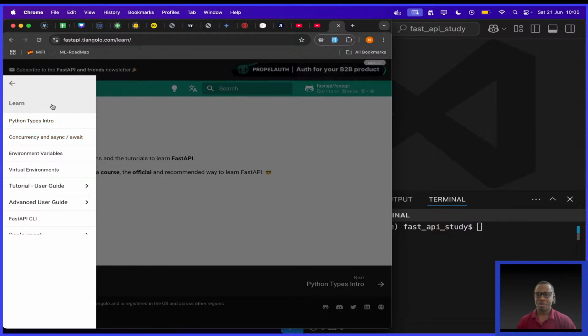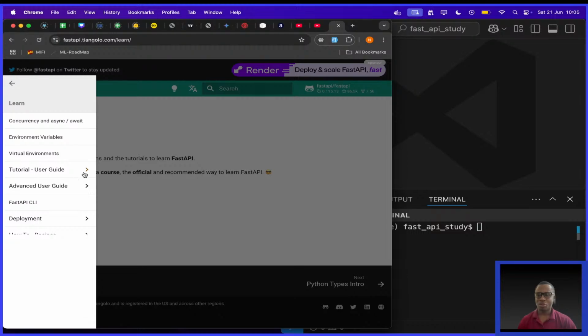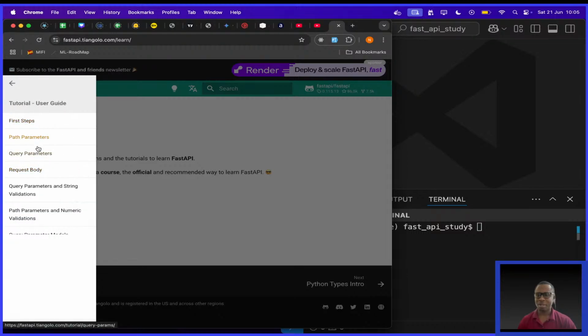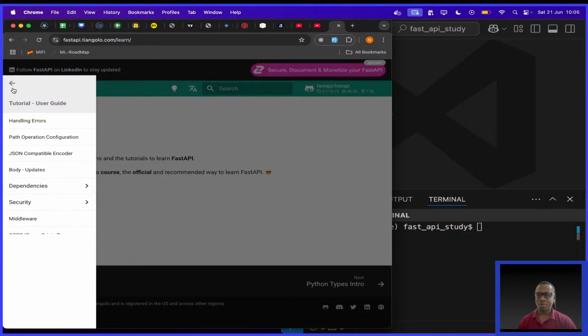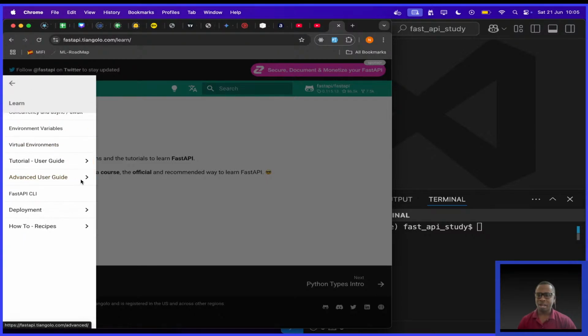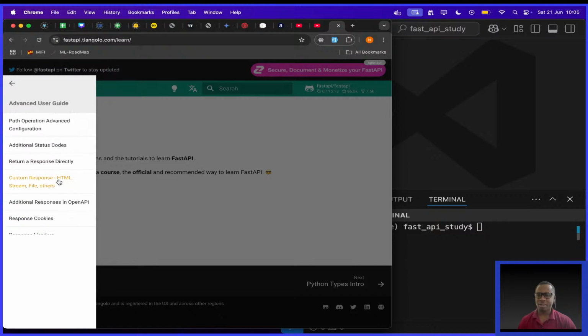So here you see they have Python types intro, they have concurrency, async, await, they have environment variables, virtual environments, they have a tutorial, the first steps, path parameters, query parameters, request body, and so on. If we move back, they have an advanced user guide. Of course, I'm not advanced. That's very obvious. I don't need this.